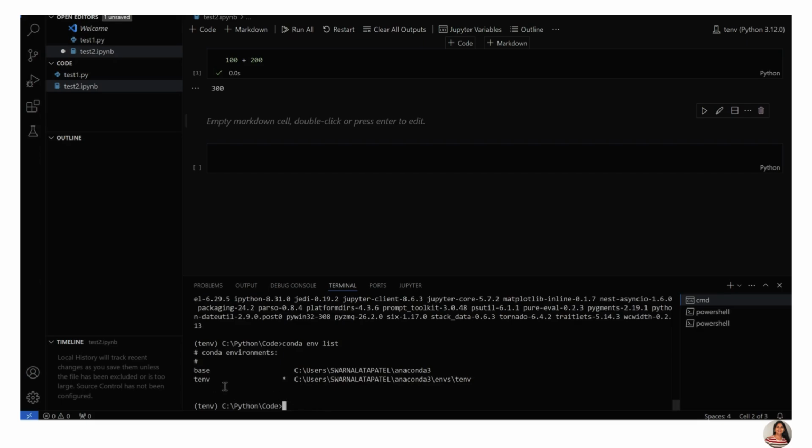To deactivate the TENV environment, we can say conda deactivate, and then if you press enter, the TENV environment will be